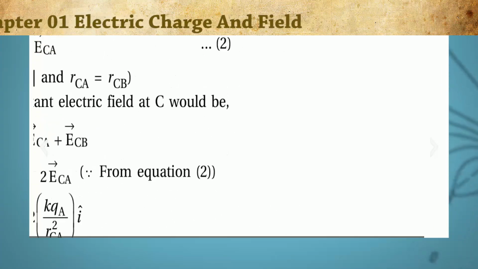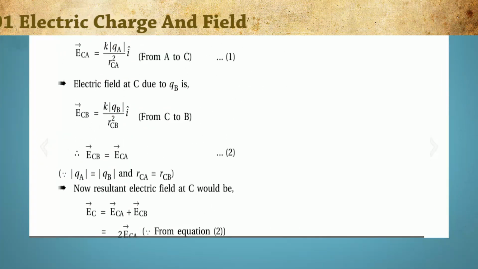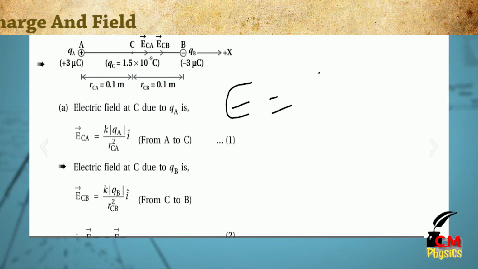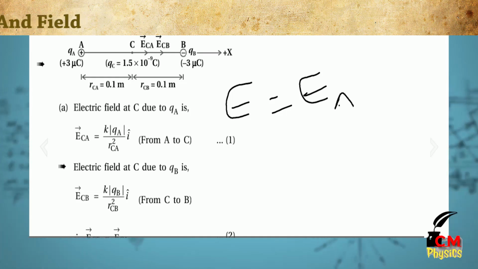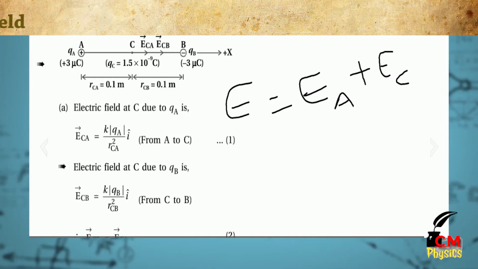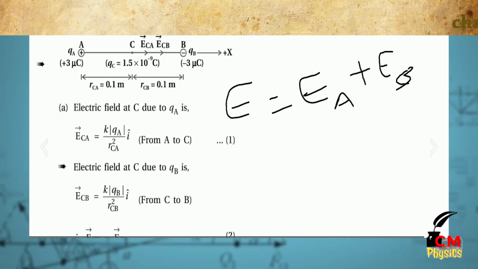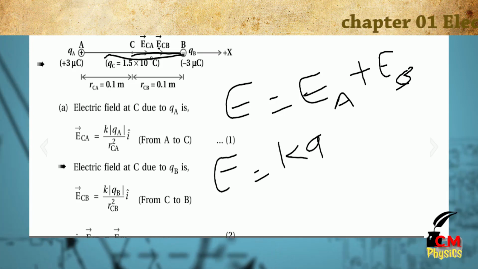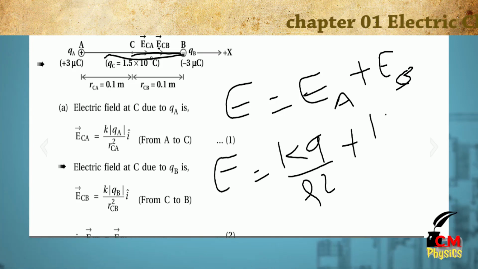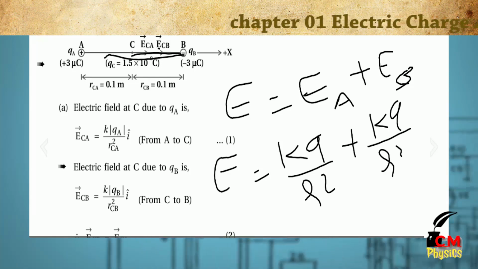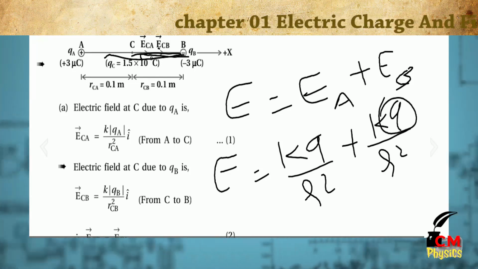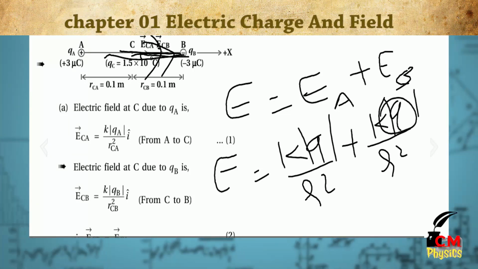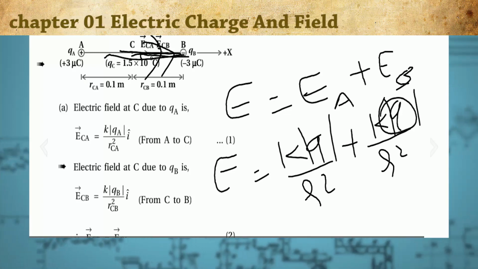Previously we discussed that the solution in non-vector format is E equals E1 plus EA plus EC, because we discussed EB, and both are in the same direction. Substitute the value k q by r square plus k q by r square. Here you are putting positive because you decide the direction, therefore always put the modulus value. By solving that